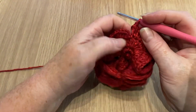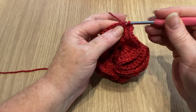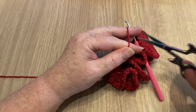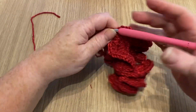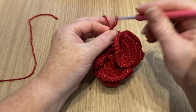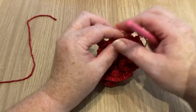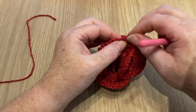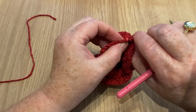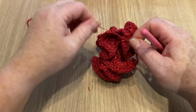Okay, so again, I'm all the way back round, and I'm going to slip stitch into that top chain there. But this time I'm going to end off this yarn. So I'm going to leave a nice long tail though, only because it's easier to see, because I'm going to work over it with my next round. But you don't have to do another round. This yarn is a challenge, for sure. I don't even know where that part is to bring it through. Never mind. I'm sure it'll be fine if I just...